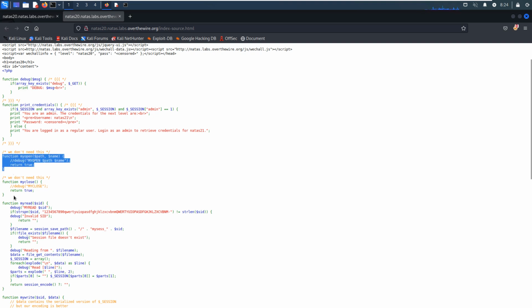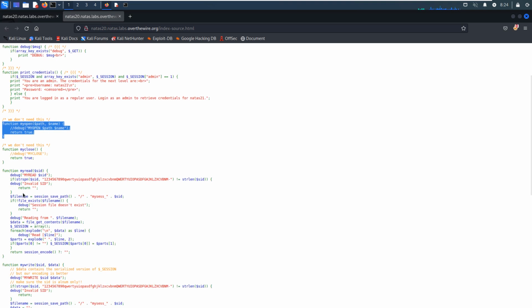Similarly, my close, we do not need to think about this function. Next function, very important, my read. It looks like it reads some data, and we need to pass the parameter session ID and the debug. So the my read is followed by the session ID.